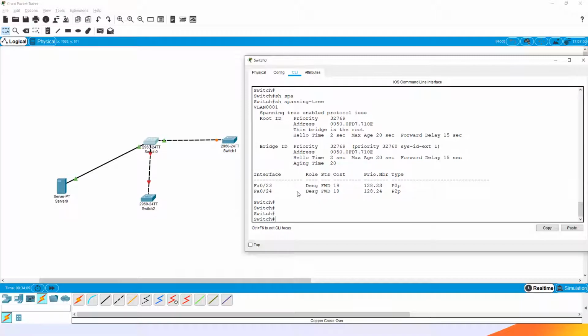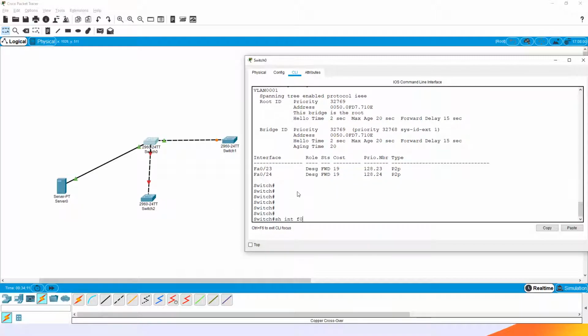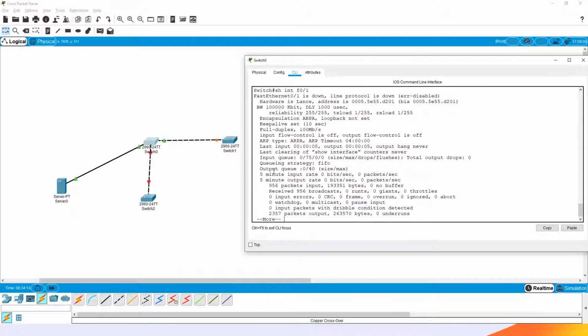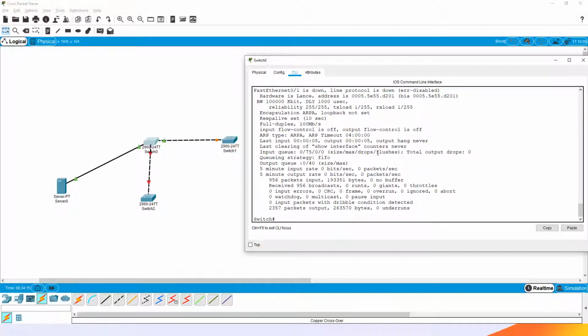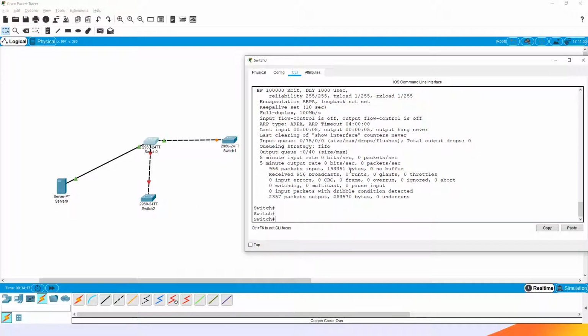You can see the port is now shut because of the BPDU guard.